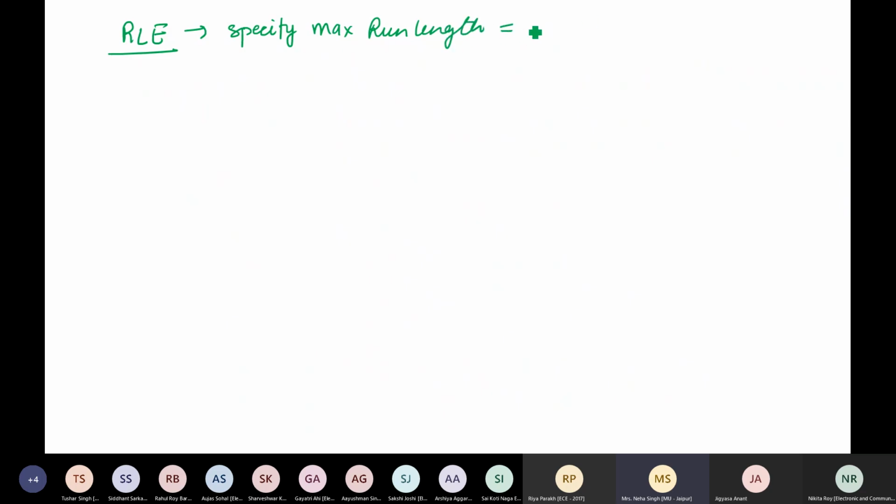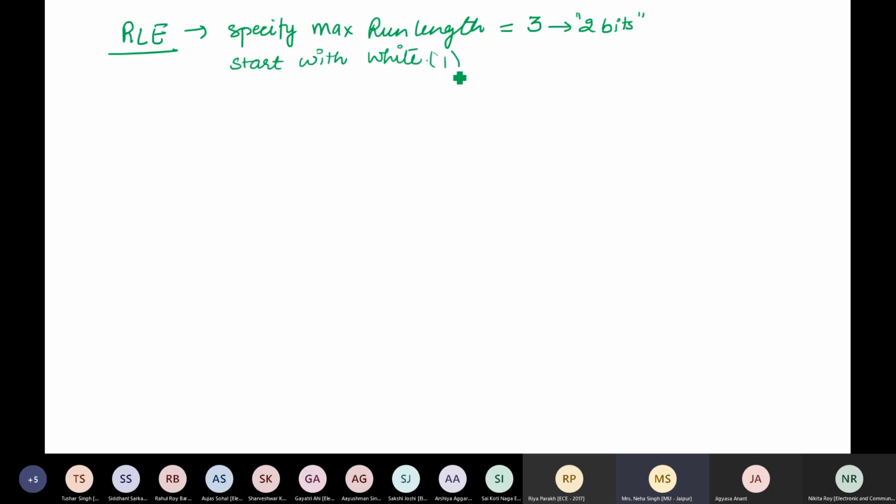Suppose I specify that the maximum run length will always be given as, say, 3, so that I use only 2 bits, right? And start with white.